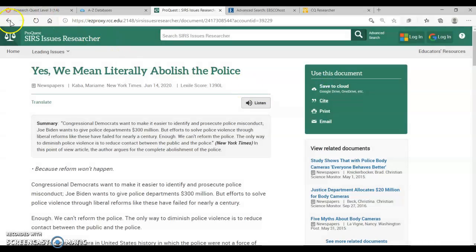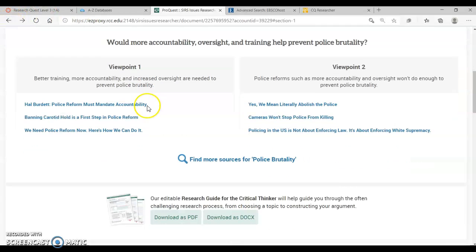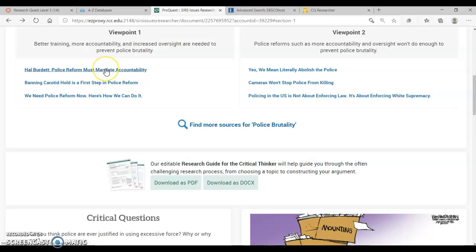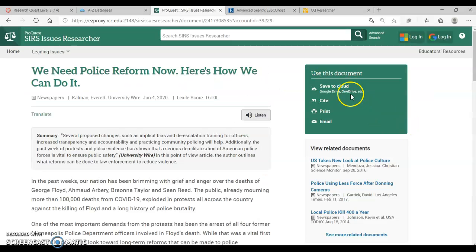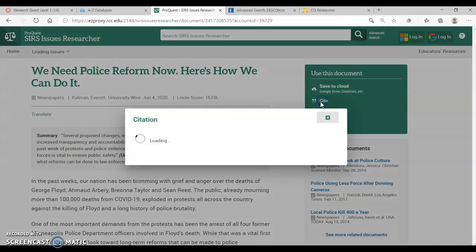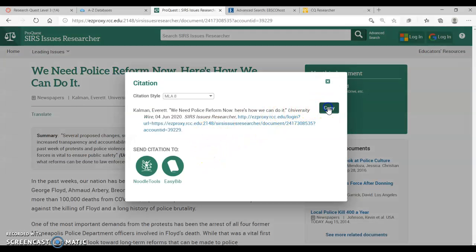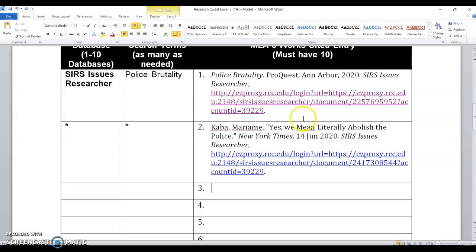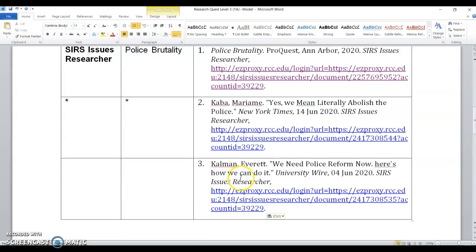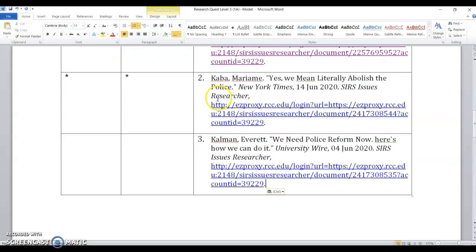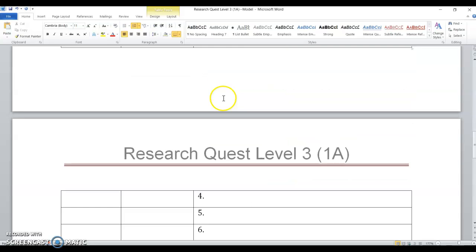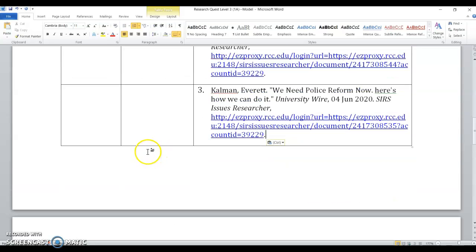But I don't want to have just one viewpoint, and so I want to look at, okay, here we need police reform now. Here's how we can do it. So, and maybe I would look at all 6, right? I mean, I'm looking at solutions. I want to see as many different solutions as people suggest. So at least at this point, I could really find 7 of my sources right here. But just for the sake of demonstrating, I'm going to go over and use